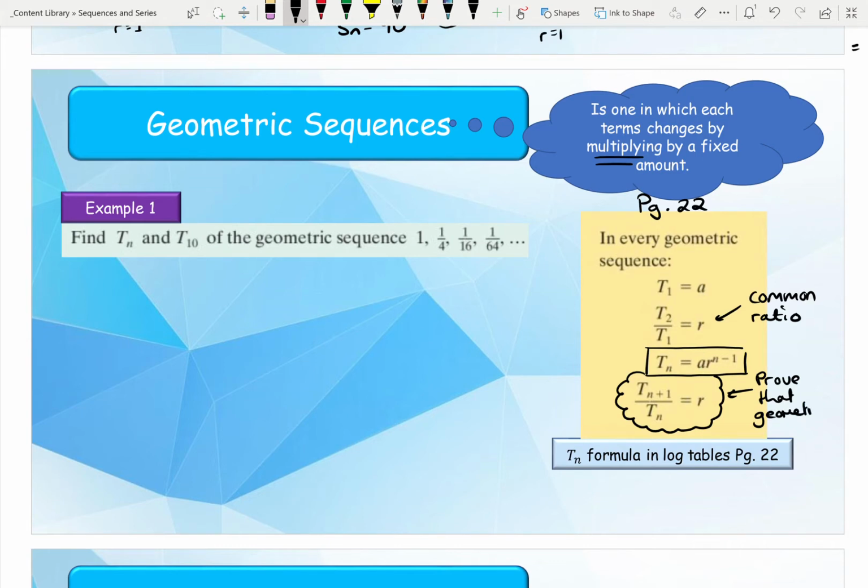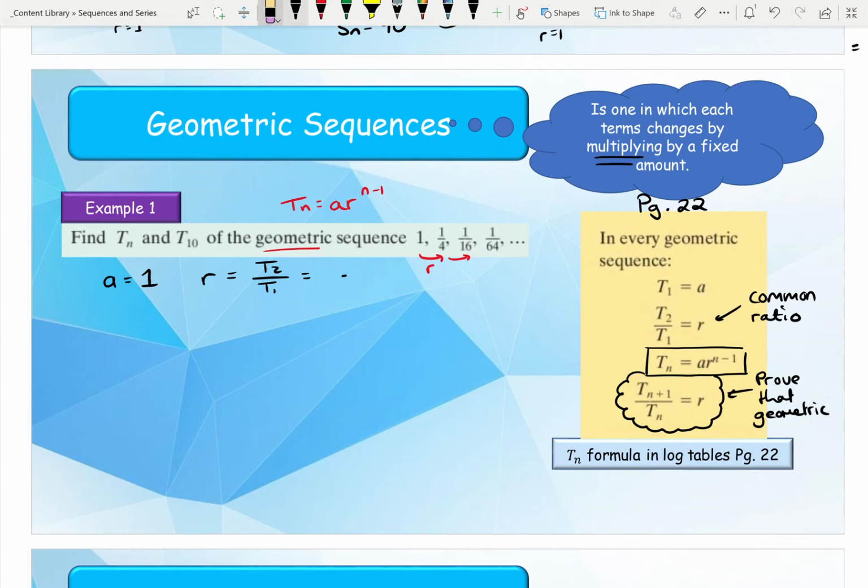Now, if we look at the first one here, it says find Tn and T10 of the geometric sequence. They're kind enough to tell us that it's a geometric sequence this time, which means we need to recognize that when it's geometric, we're using Tn is equal to a r to the power of n minus 1. And we're looking to see what is my ratio, my r, moving from term 1 to term 2. So to start off, nice and basic, we can see a is equal to 1. r, which is my common ratio, I can find by putting term 2 over term 1, which would be 1